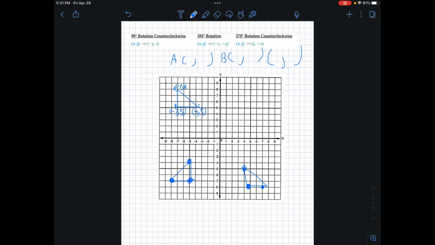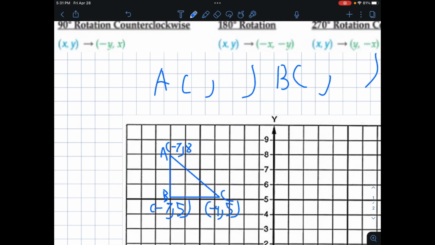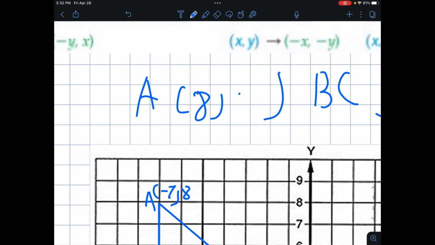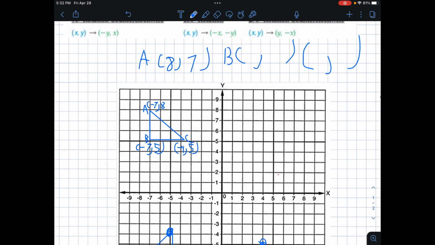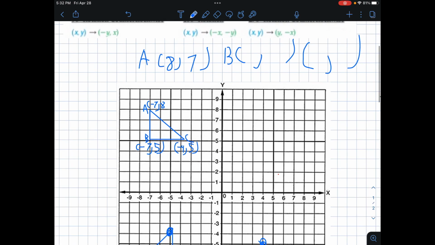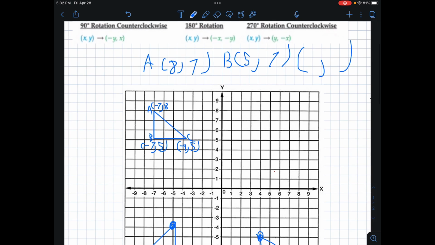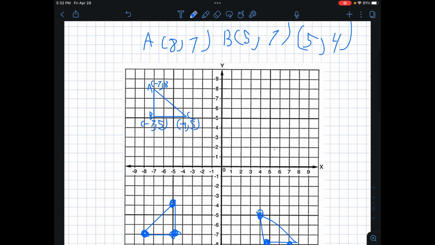So it's still going to be 8, 7 this time for A. B is going to be, not that, 5, 7. And C is going to be 5, 4. Sorry. Anyways,